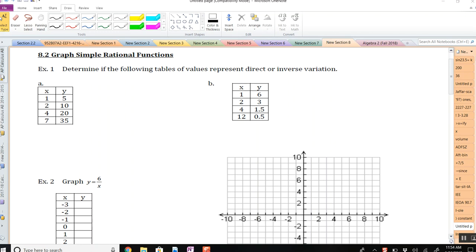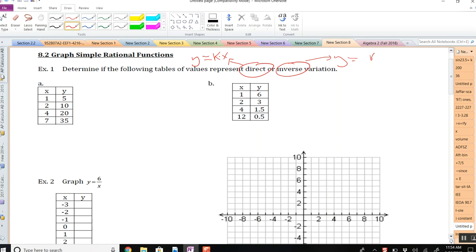Hello, welcome to a video on section 8.2 regarding graphs of simple rational functions. So before I get into what is a simple rational function, let's review what we talked about in 8.1, which is regarding direct and inverse variation. Where direct variation follows this pattern, y equals k times x, whereas inverse follows this pattern,